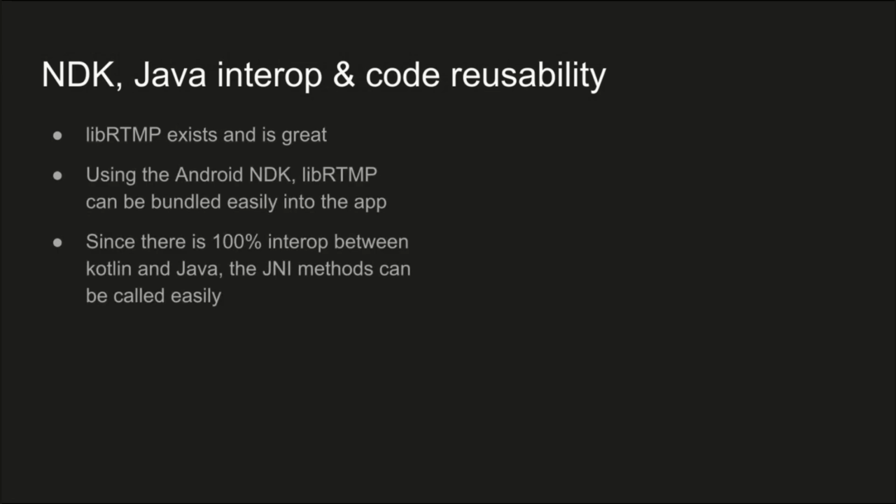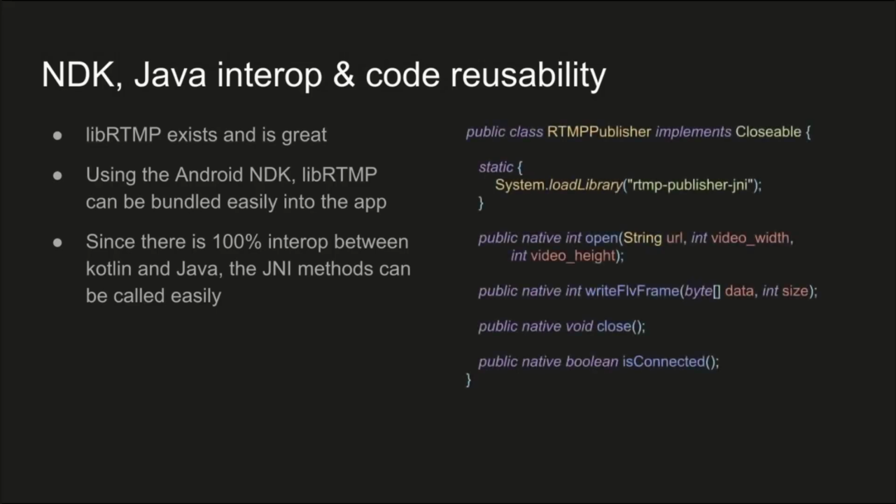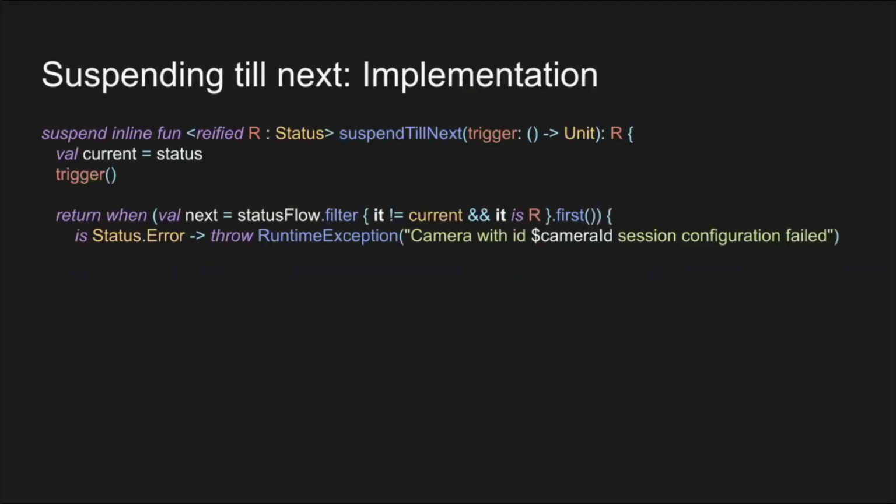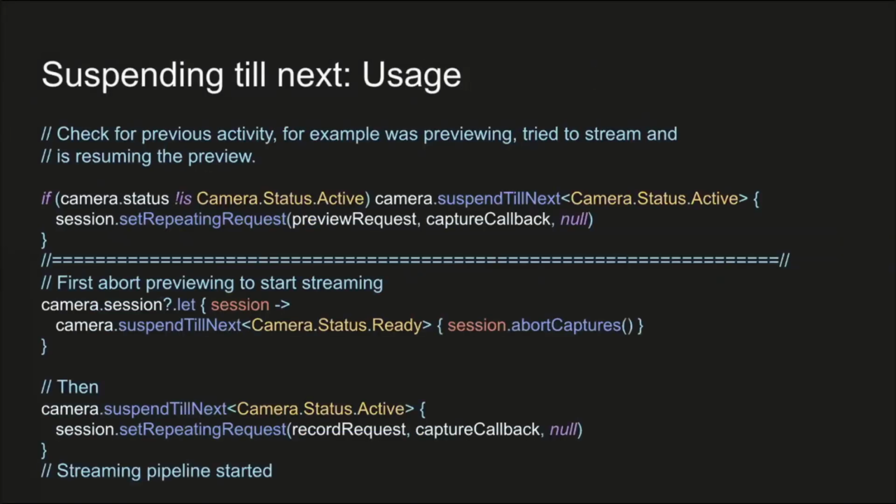So as far as our app is concerned, when it actually comes time, we've done all this transformation, we've done all the things we want to do, when we want to send this information out, we just literally have this simple RTMP publisher class. And then all it does, sorry,